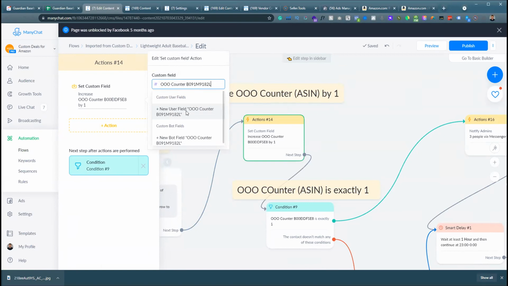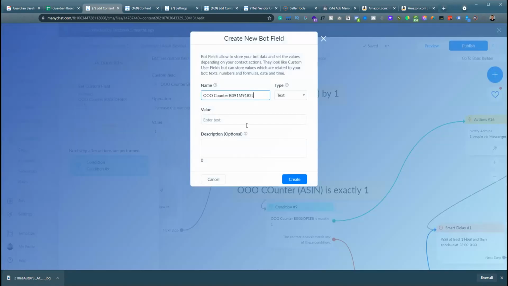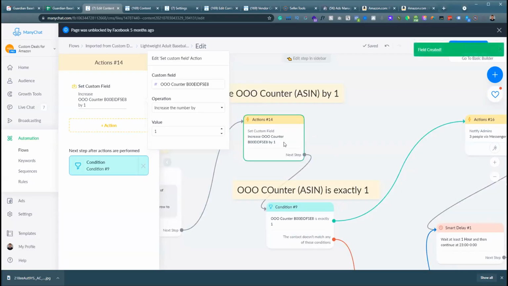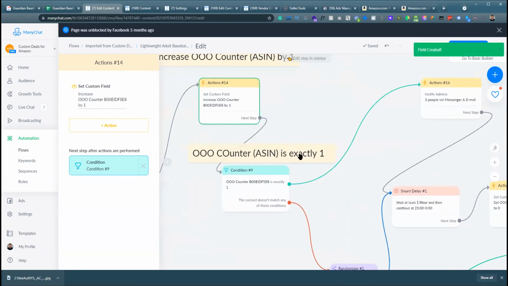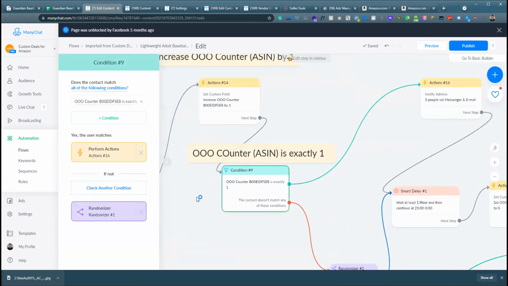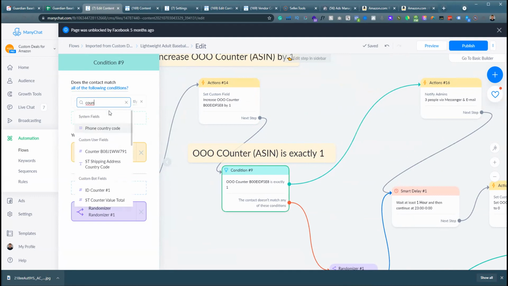And this must be a bot field, so make this a bot field number. All counters basically have to be bot fields, now that I think about it. And then we're going to do the same thing. Increase counter. Or I'm just going to do OOO counter that